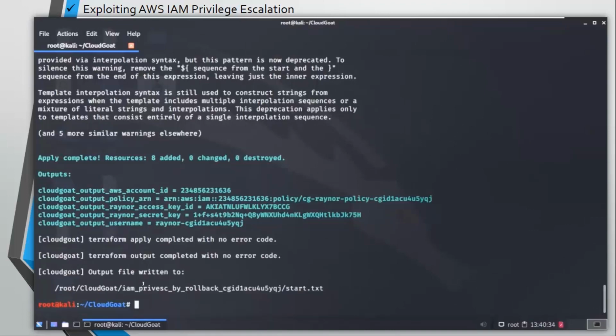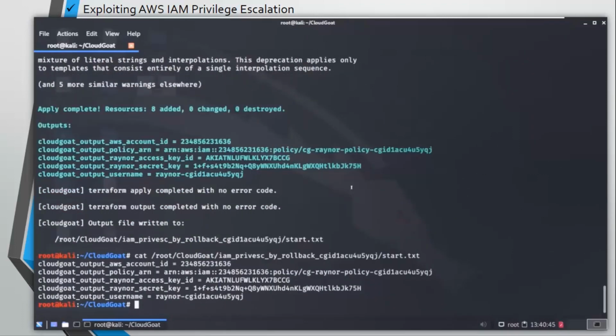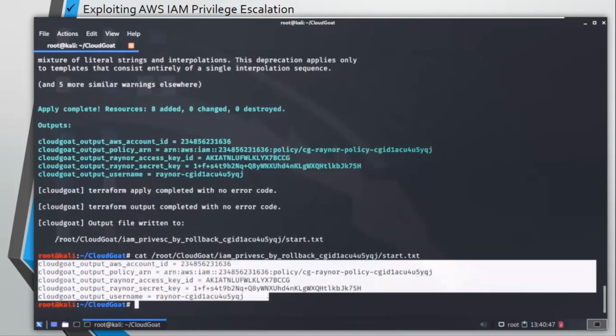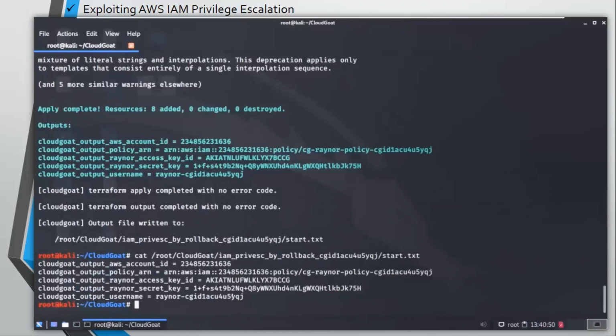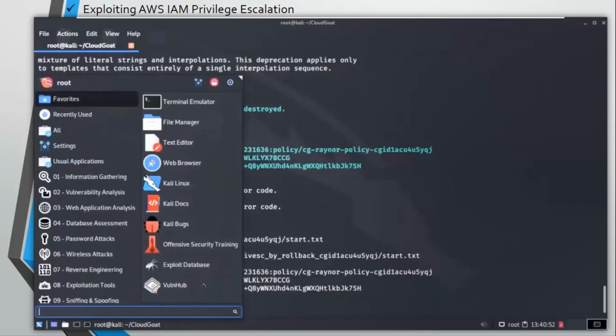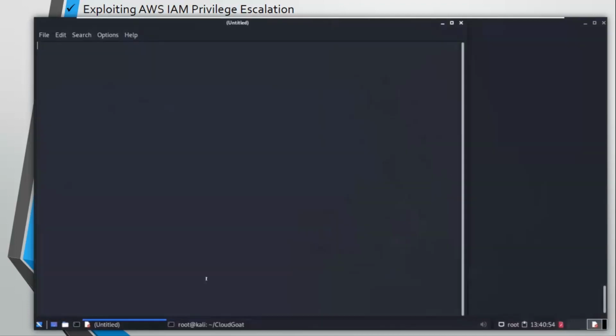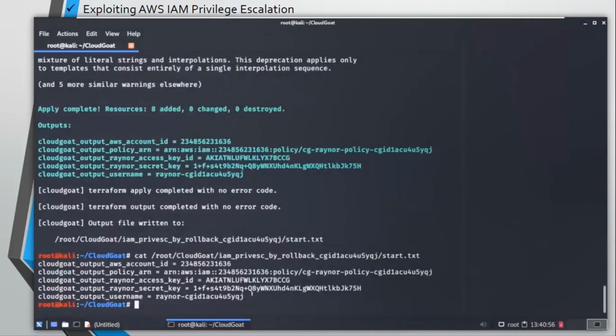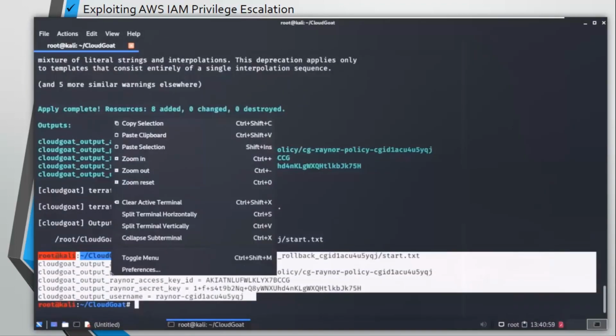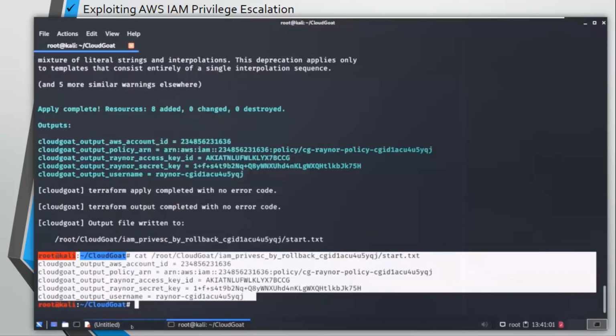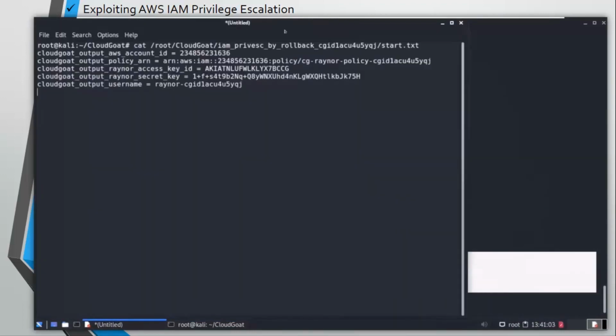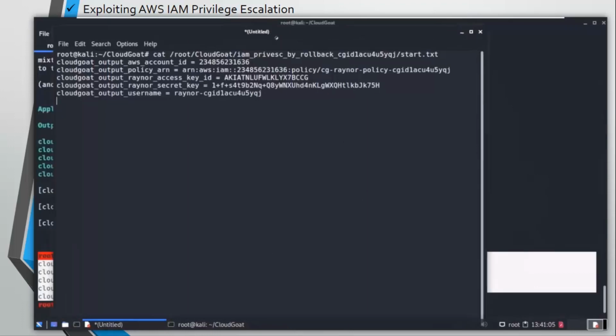Now you can see this scenario has created one start.txt file. So let's check what's in it. I'm going to copy this and, using cat, let's read it. You can see we have some data related to a user. We have the access key, the secret key, and the username. You must find this funny, and it must have occurred to you: is it really practical that you find the access key and secret key just lying around?